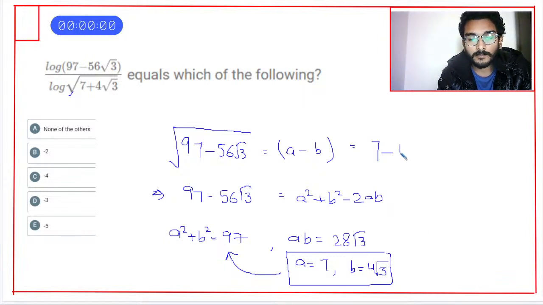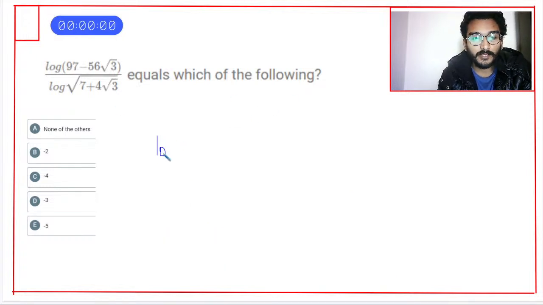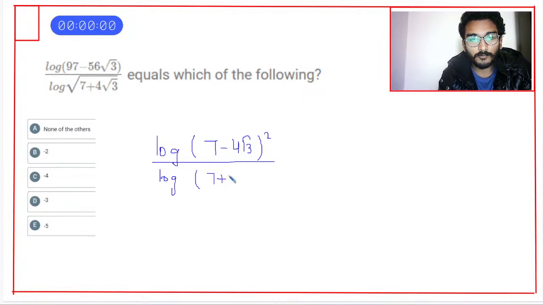ओके, तो यहाँ से क्लियर होगा कि a माइनस बी कितना था, a माइनस बी आता है 7 माइनस 4 रूट 3। नाउ वी आर गिवन दिस इक्वेशन, तो इसको मैं लिख सकता हूँ 7 माइनस 4 रूट 3 का होल स्क्वायर, एंड दिस वाज 7 प्लस 4 रूट 3 का स्क्वायर रूट। सो लॉग की प्रॉपर्टी ये तो बेसिक है कि हम पावर्स को बाहर ले लेते हैं, यहाँ से पावर हाफ बाहर आ जाएगी एंड दिस विल बी द रिमेनिंग पार्ट,